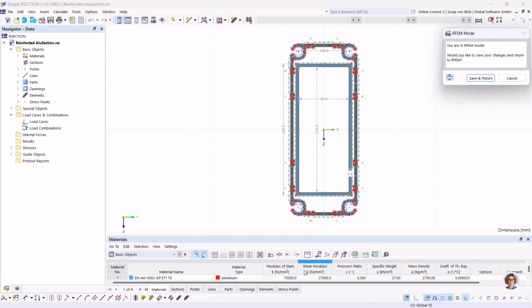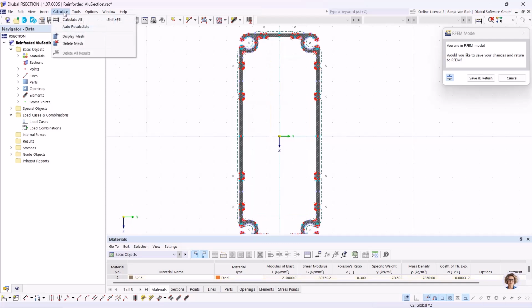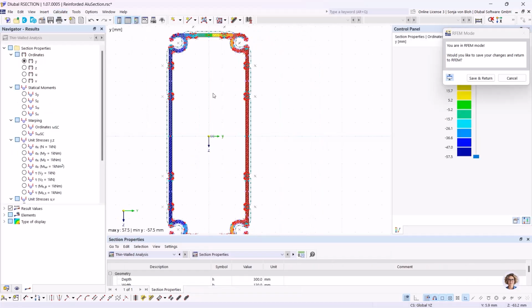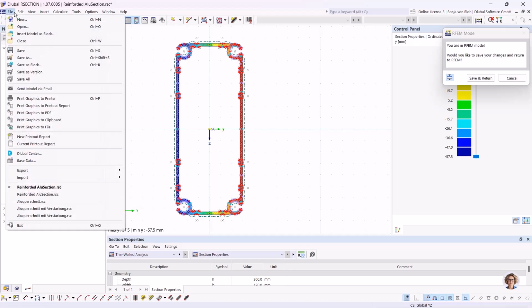In our section, I then delete the steel cross-section and the connection between the steel cross-section and the aluminum cross-section. Then I start the calculation again to see if there are any errors. There are no errors, so I can save this cross-section. I want to save this cross-section also on my disk, so I choose here File, Save As,